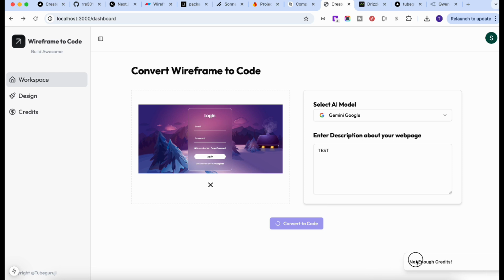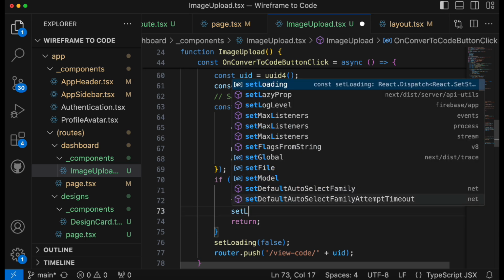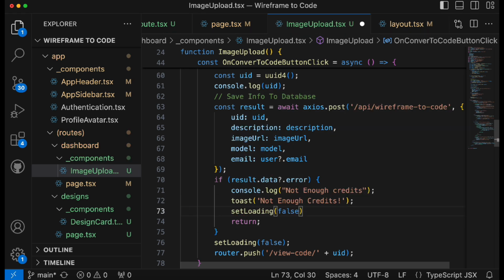And if you see, it's saying not enough credits. Perfect. Make sure to disable this, or make sure to set the loading as false. So here we'll set the loading as false as well. So that's how, guys, you need to add it. Now once you have the credit